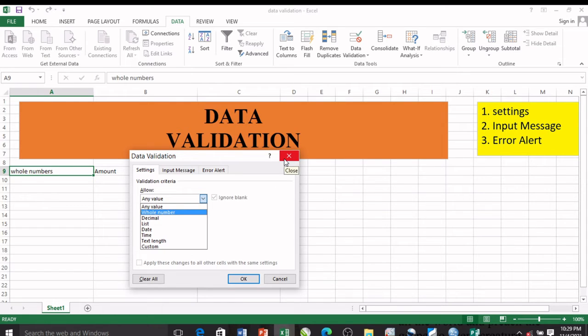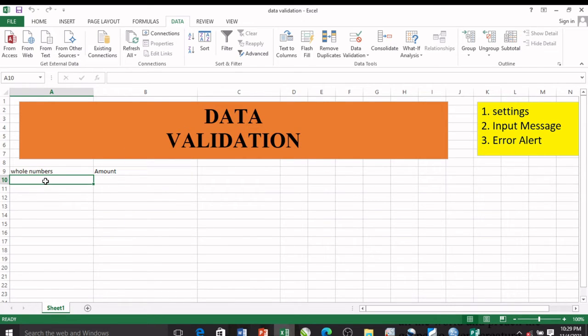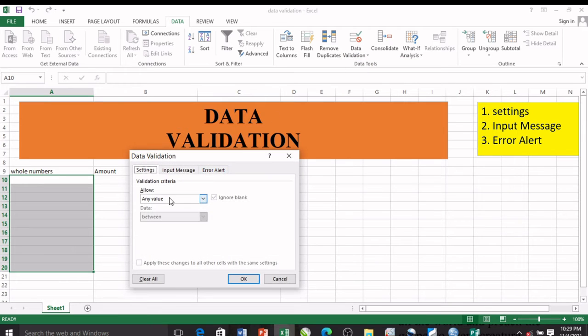But before you will be able to perform a data validation, you will need to highlight a portion of the text. So quickly I would go off from here and highlight to this C20 and quickly get back to data validation, and I say I want to make use of whole numbers. Now data validation helps you to put a range of values so that you will not be able to enter a wrong value. For instance, I want to make do with these whole numbers from, let's say, 1 to